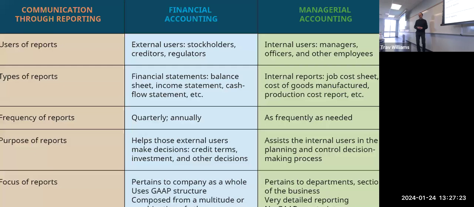Investors. And who else? The government. Who said that? Yeah, you're right. Like the IRS, for example, they need to know how much money the company earns, so they know how much tax the company has to pay. Okay, and who said investors? Oh, we did, okay. Investors, government agencies or regulators, who else?